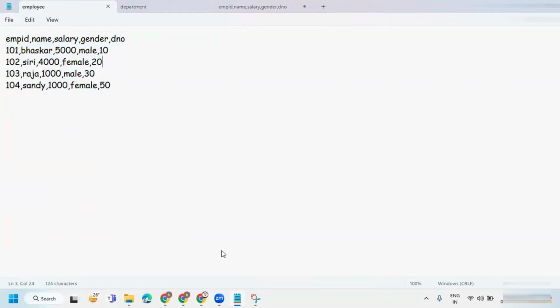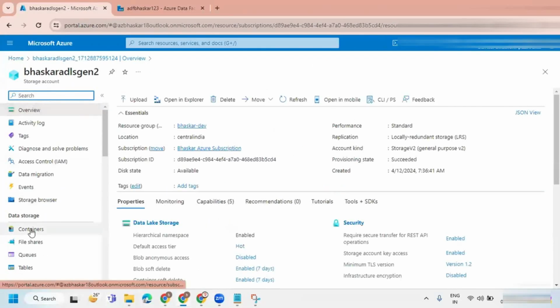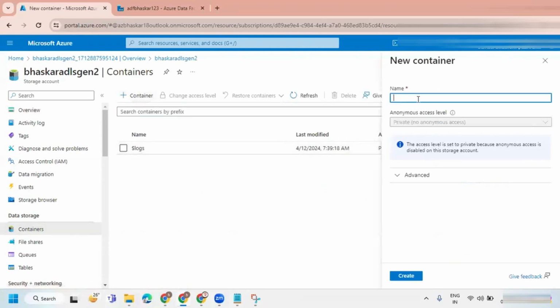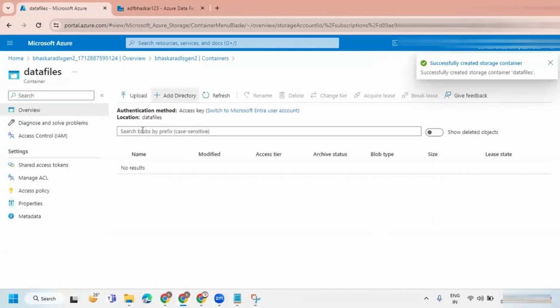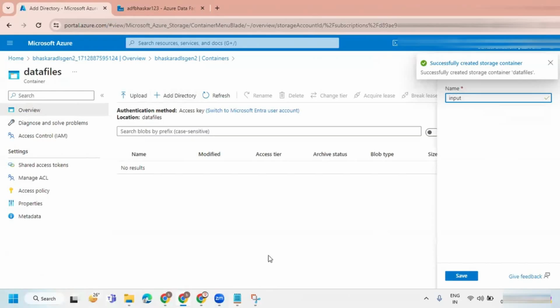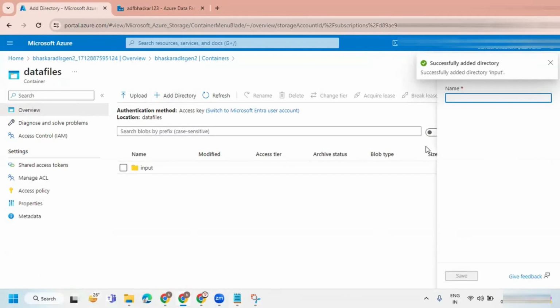into the Azure Data Lake Storage. I hope it is created. Let's go and see. It is created. Go to resource, containers, data files. Inside the data files, I'm just going to have an input directory. Inside the same data files, let me keep an output directory.